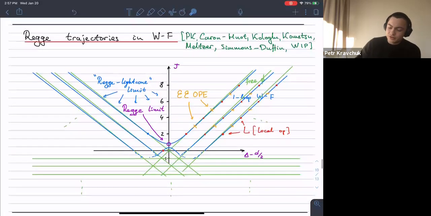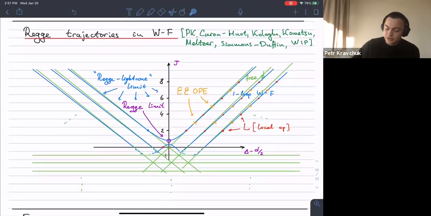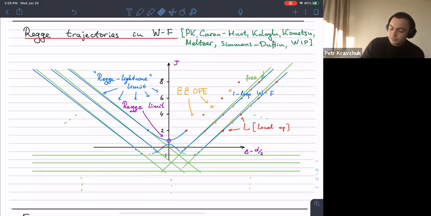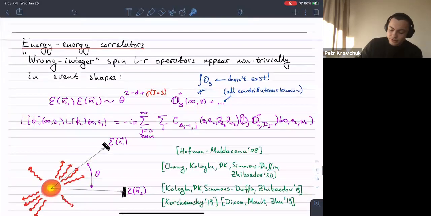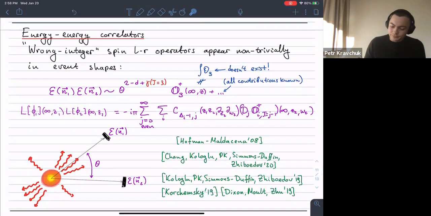Let me just mention, in the remaining time, another result that we found: on this Regge trajectory, there are integer points at 2, 4, at even integers, which are local operators. And we all know what local operators are good for. But there are also, interestingly, points at odd integers, which are not related to local operators, but it turns out that they are important for things like energy-energy correlation functions. And by energy-energy correlation functions, I mean observables of the form